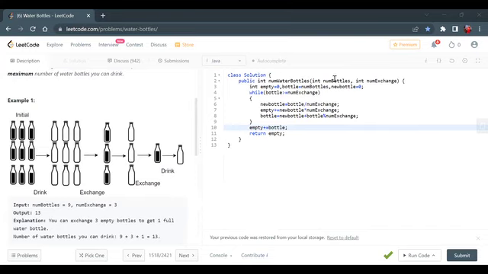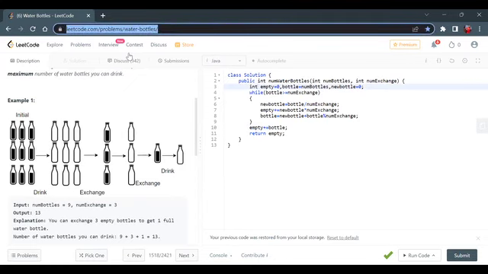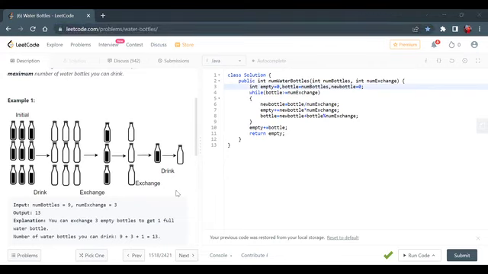So what I'm doing is basically I'll be taking the number of empty bottles, and the empty has to be tracked in this. Okay, I'll share the link of this question. Everybody can try out this question. Okay, so the question is you will be given some number of bottles, and you need to find how many empty bottles remain after all the